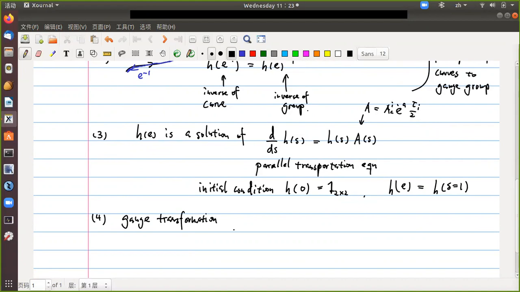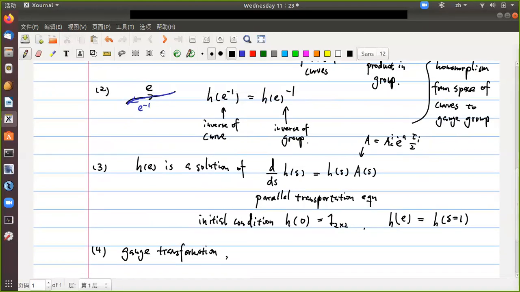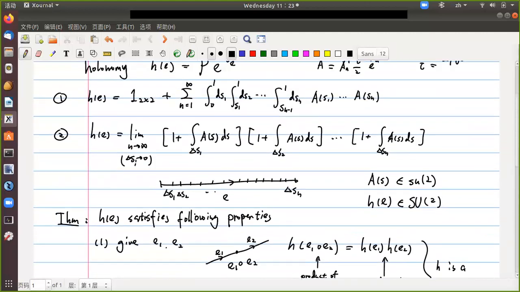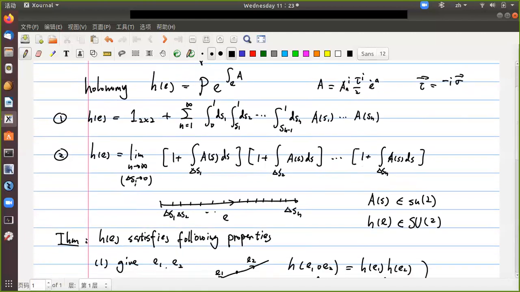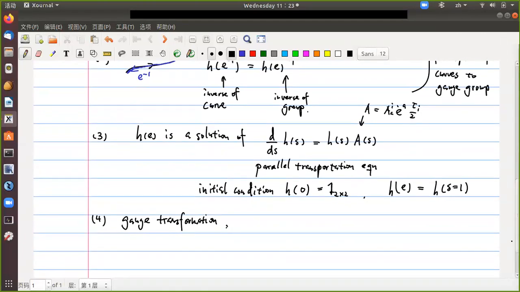Gauge transformation, because holonomy is a function of the gauge connection. Holonomy is the path-ordered exponential of the gauge connection. The gauge connection is not gauge invariant, so it transforms in a certain way under gauge transformation. Here this is the gauge connection as a matrix. Remember our A is A^I tau over two. So this A(x) transforms in this way, under the gauge transformation